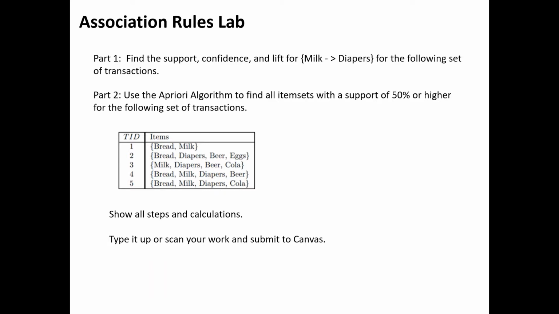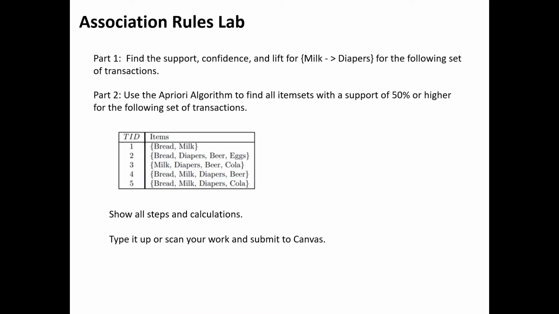There's 2 of them that start with B, but maybe you could label bread as BR, and then you'd have M for milk, D for diapers, and then just a plain B for beer, and then E for eggs, and C for cola. Anyway, however you want to do it, that'll help to not have to keep writing the same words over and over. Although for your final answer, definitely be sure and tell me in terms of milk and diapers